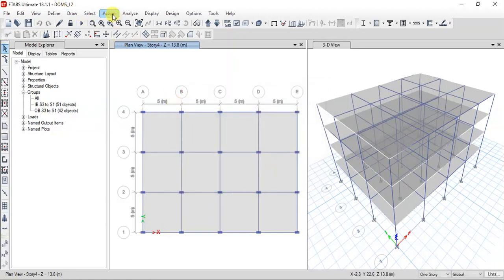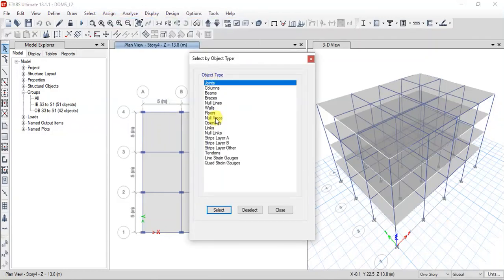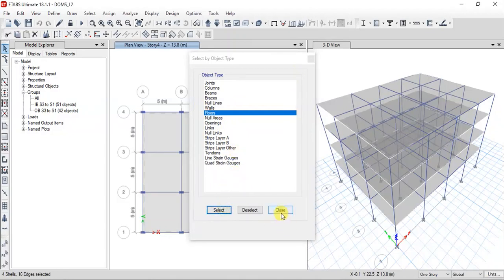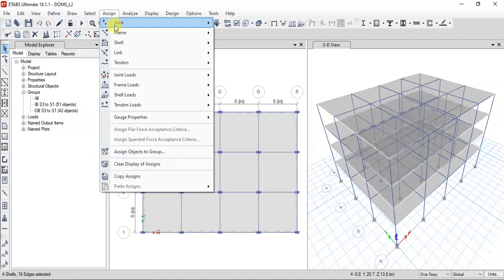Now we need to assign the diaphragm. The diaphragm needs to be assigned to slabs. So let's select the floors, then close. You can see 4 shells have been selected, which means we have 4 floors here. Now go to assign, and in that go to shell.